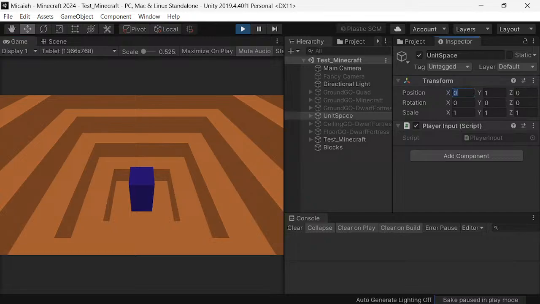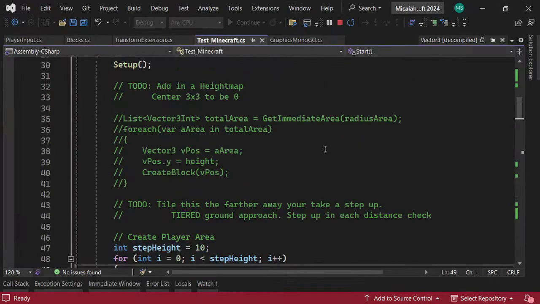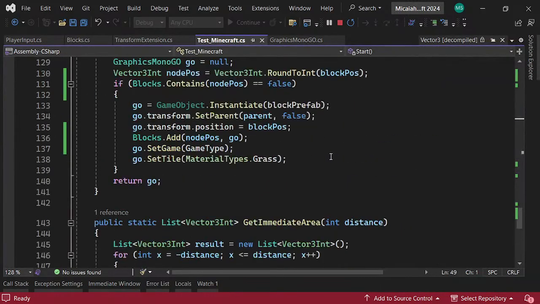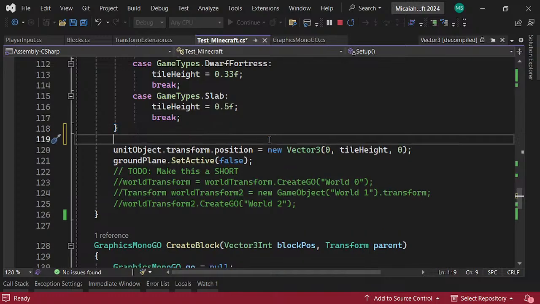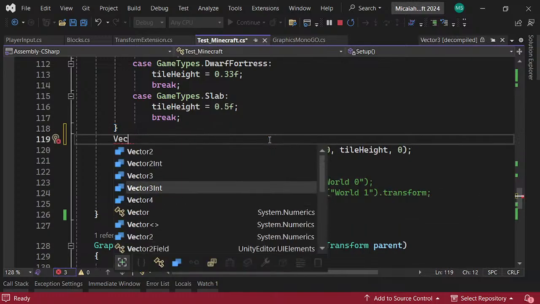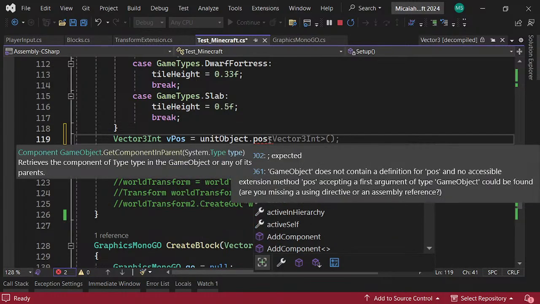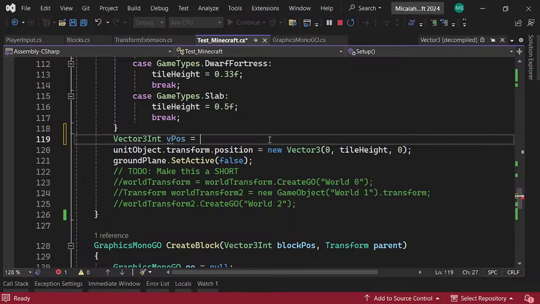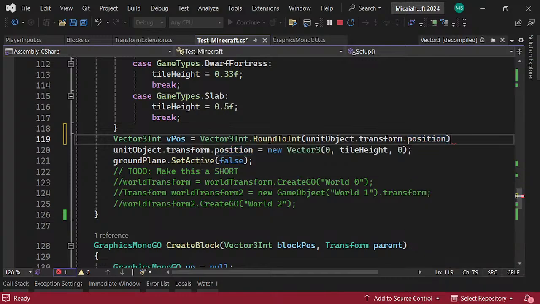Well, what? Oh, I think because I changed. Here, let me fix that bug. Not technically a bug, but it's an annoyance. We are right here. I want to here. Let me say the Vector3 int b position equals the unit object dot position. Oh, I don't have that. Okay. Well, let's say equal the Vector3 round to int unit object dot transform dot position, and we're